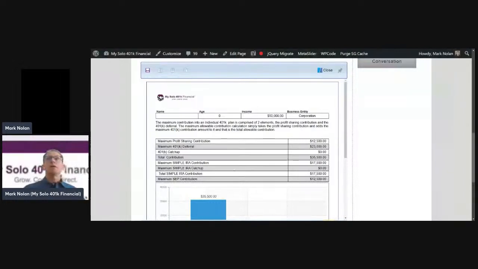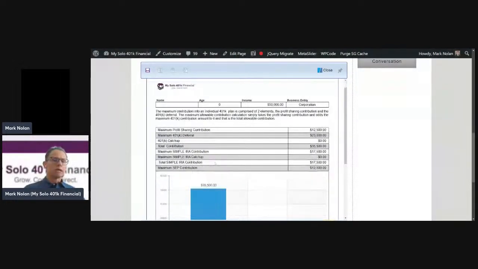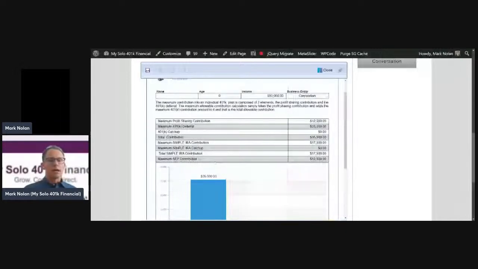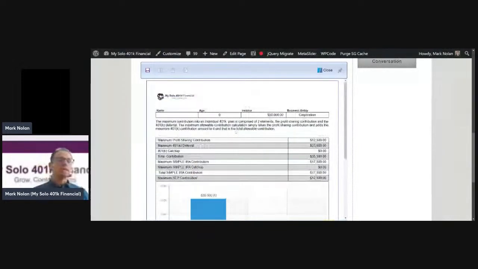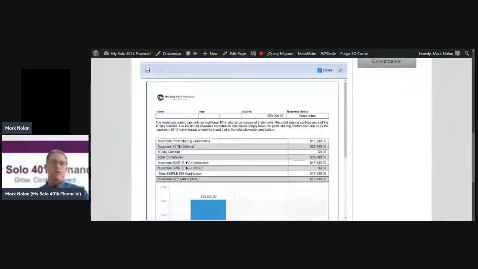In future webinars, we'll do sample calculations of making employee contributions and employer profit sharing contributions. Today, we wanted to hone in on making just voluntary after-tax solo 401k contributions for an S corporation or C corporation, or an LLC taxed as an S corporation, to illustrate that all you need is a certain amount of W-2 wages to make your voluntary after-tax solo 401k contribution.